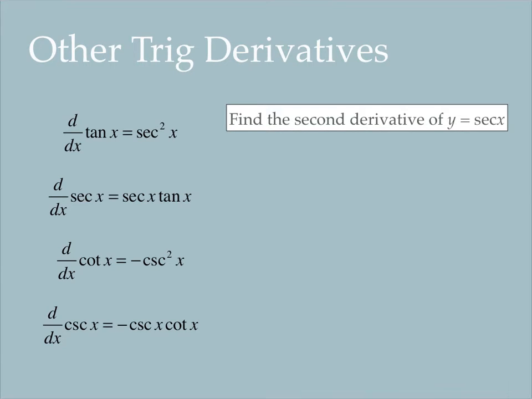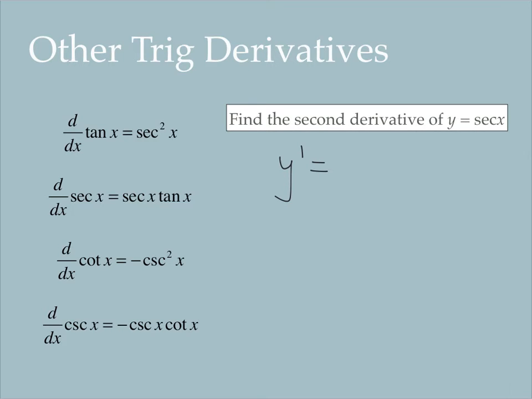So these ones you should know, you should definitely know up to tan. Secant does kind of show up. They're really in order of importance, I would say, but sine, cosine, tangent you need to know. Let's do this with a second derivative of secant x. So if I was doing that, y equals secant x, so y prime